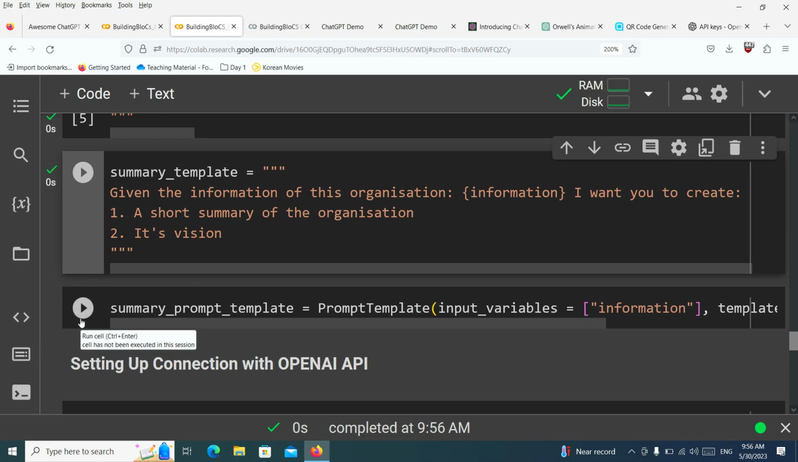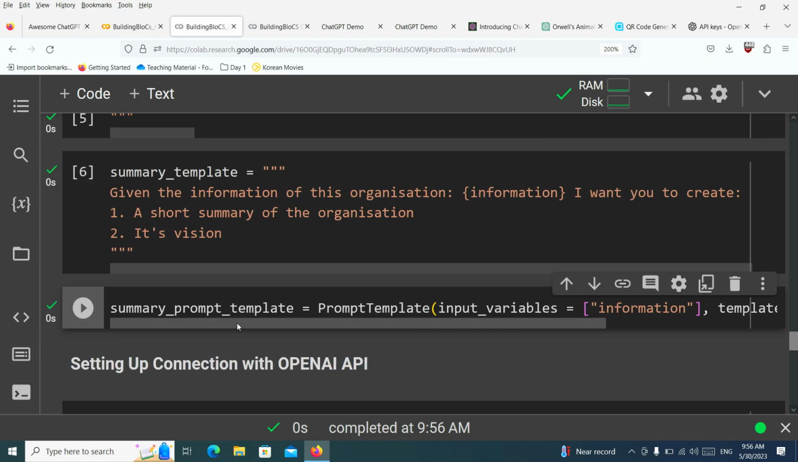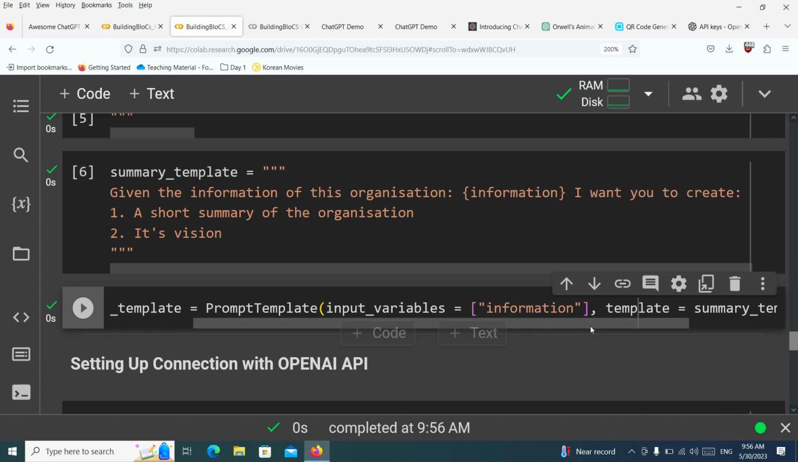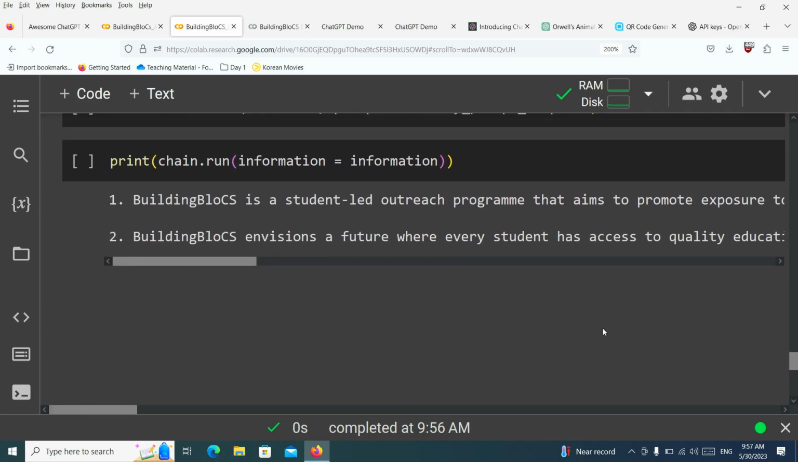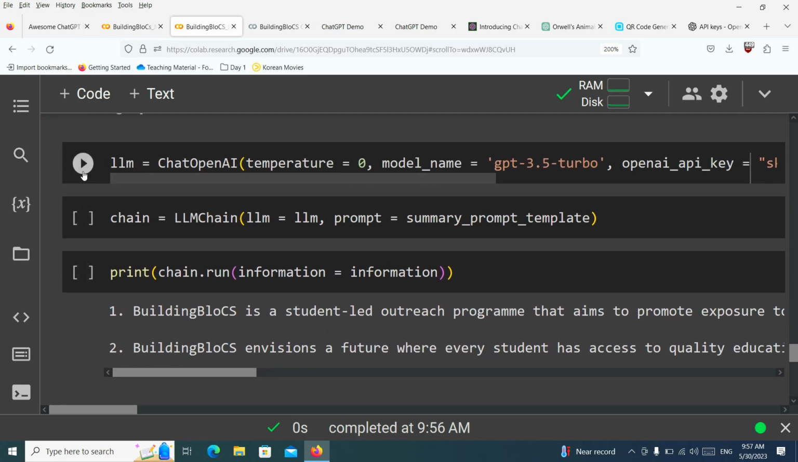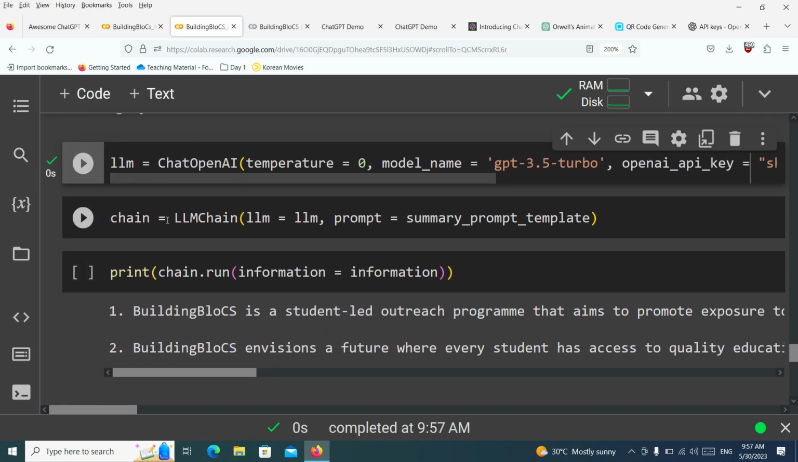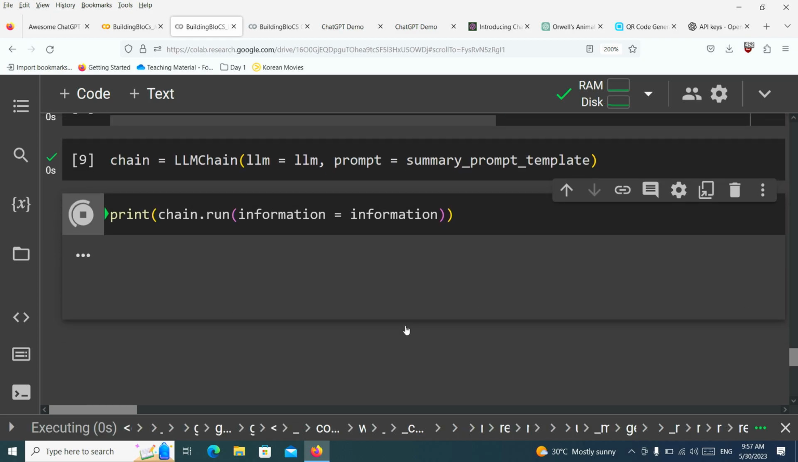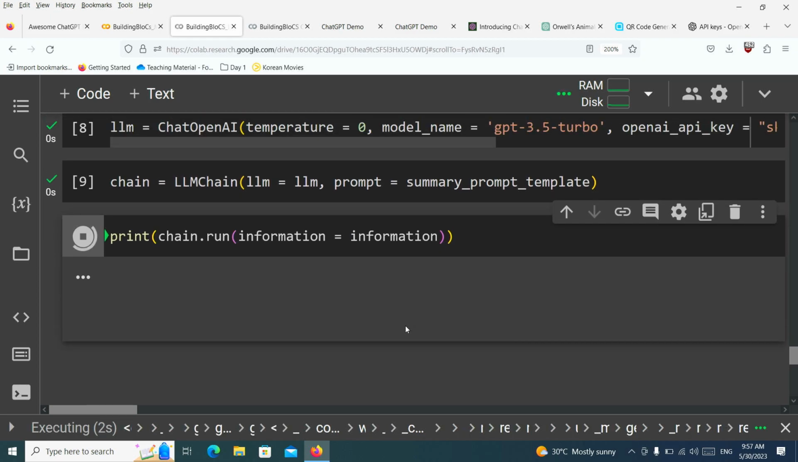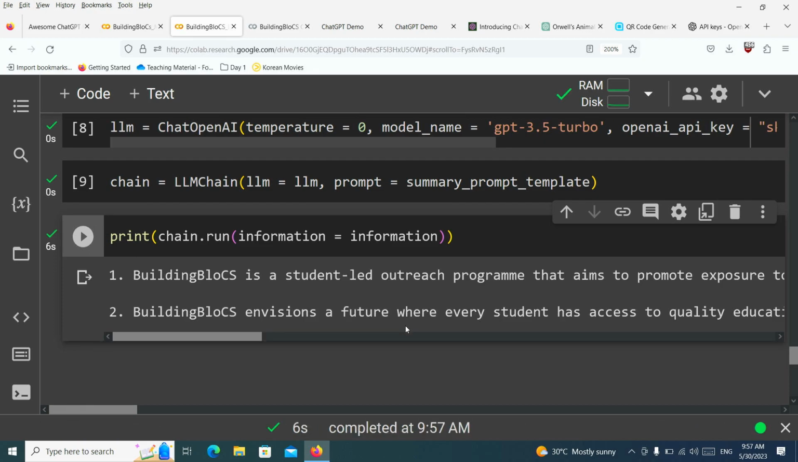Okay, then we will create the prompt template with the prompt template function. And the information, we'll put it as a list, right? Because there can be multiple of these. And the template that we'll be using is the summary template. Okay, then you can just set up a connection with OpenAI, and you'll be able to run it. Yes. As you can see, ChatGPT has connected to your own data and it will be able to give you